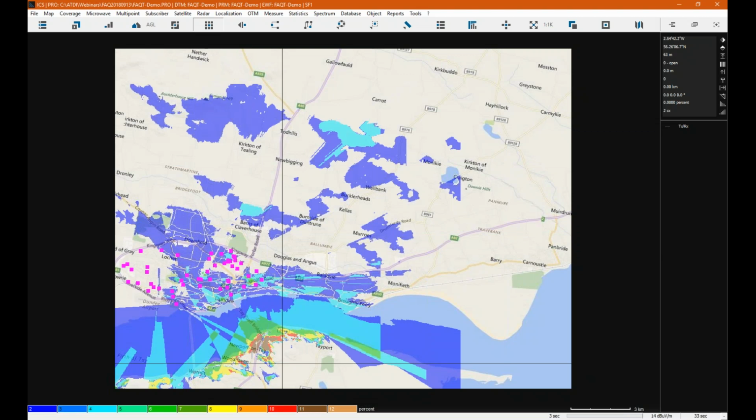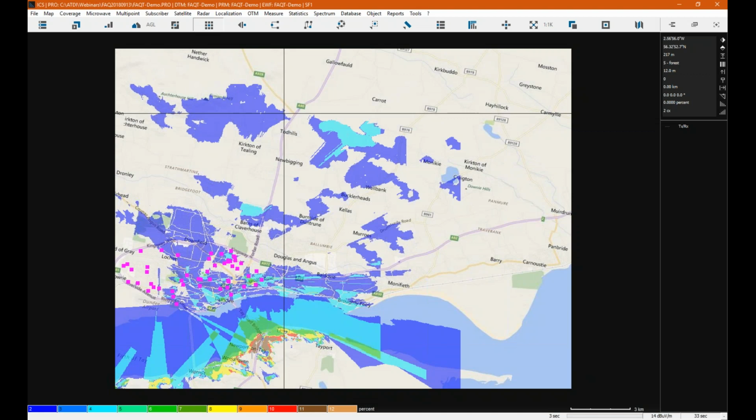If you look here in the palette, the light browns show a higher percentage of subscribers covered. So that's that on the other side of town. And if you know this area, this is a hill that's visible pretty much across the bay from anywhere in Dundee, which is what it's doing. So that's where you put your base station for this particular job. But